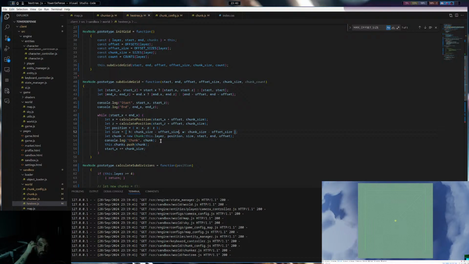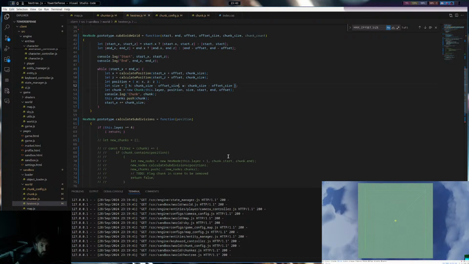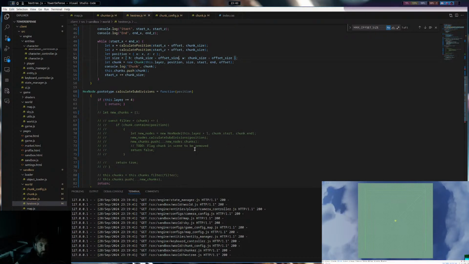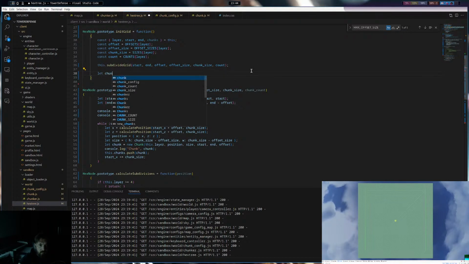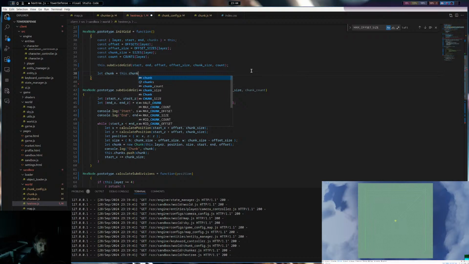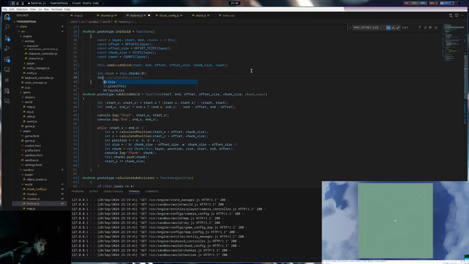Let's just be really crude about this for now. And say let chunk equal this chunk's 0. And then this dot subdivide grid. We'll try the chunk start.